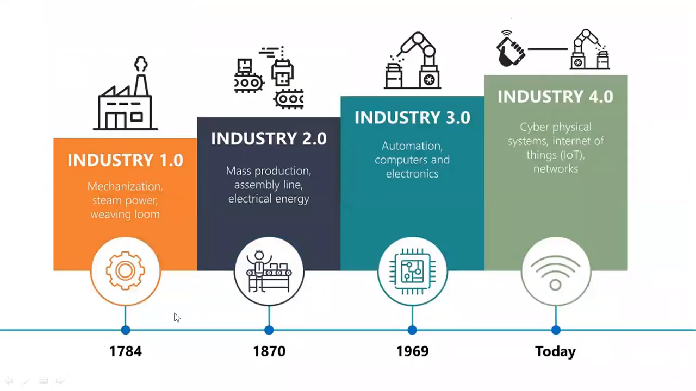This I have already discussed. Industry 1.0 is mechanization, industry 2.0 is the assembly line and electrical energy introduced. In case of industry 3.0, automation, computers and electronics were added. So there is a minute difference between industry 3.0 and 4.0. In industry 4.0, full automation will be there, so some intelligent people